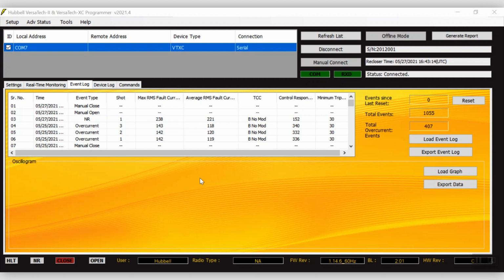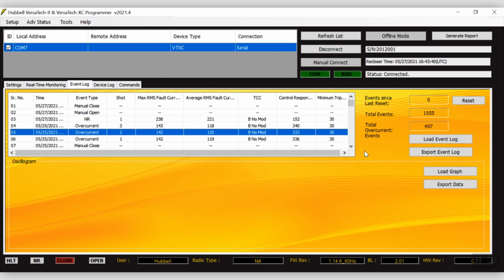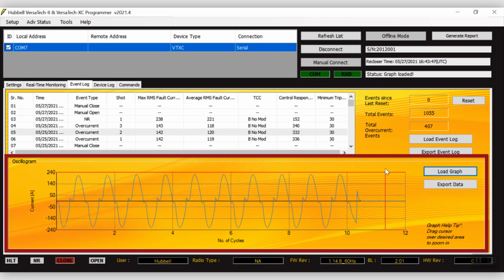The Event tab in each of the Versatech UIs is primarily used to display recloser over current events, which includes identifying the shot number, type of event, control response time, max over current amperage, and curve name. However, dependent on recloser type, what is displayed slightly differs. For example, in the Versatech 1 and LT UI, an hourly demand log is displayed in this tab and shows the peak and average hourly RMS currents. As with the VT2 and XC UI, when loaded, the demand log is graphed to visually display the RMS load profile over the past month.